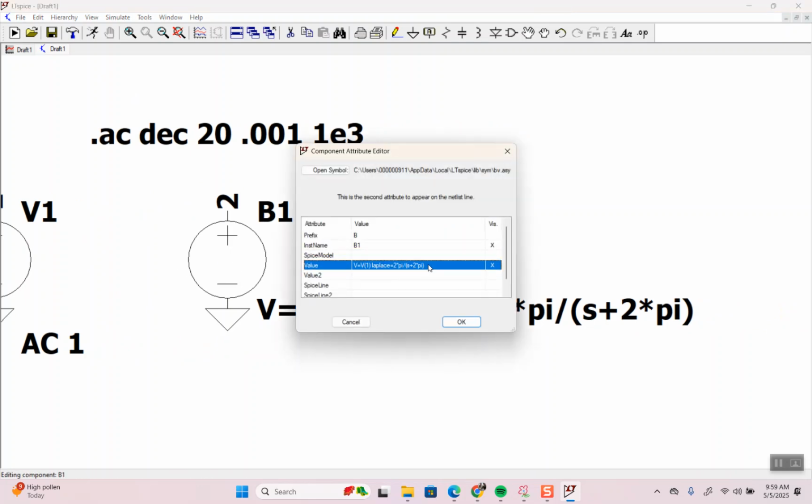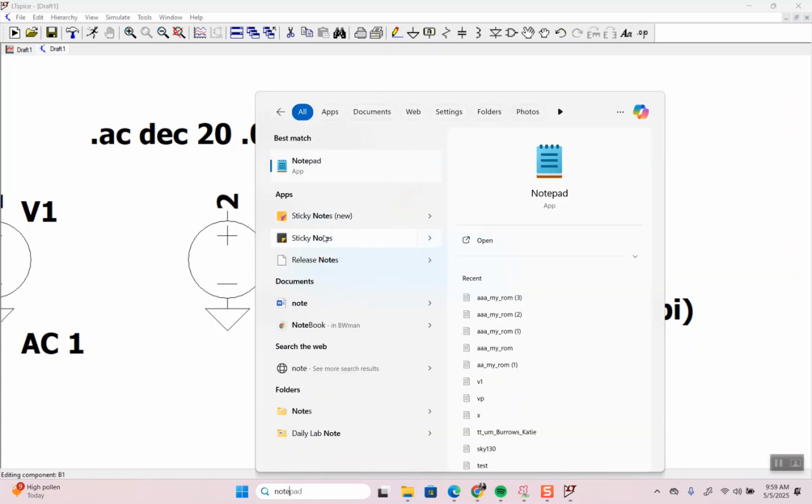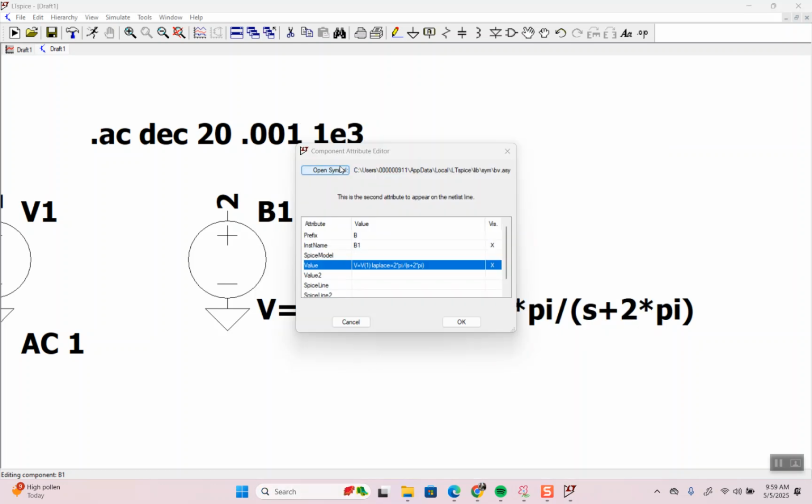Oh, here's a pro tip. Don't try to write things in there